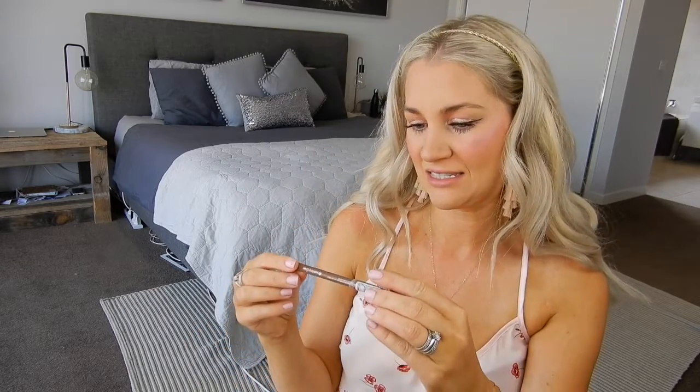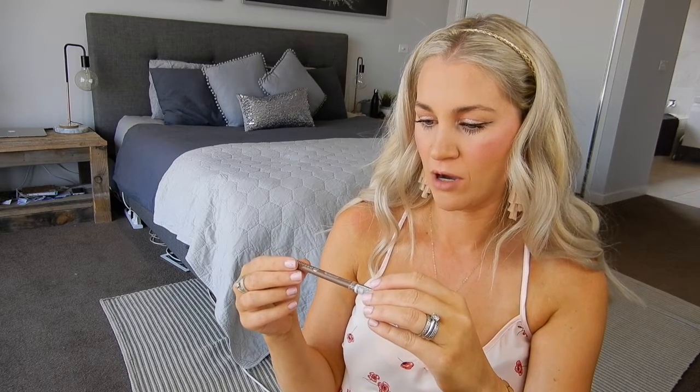Brows are probably the cheapest thing out of this whole look. This is the Essence Designer Eyebrow Pencil and my shade is 04 Blonde. I love this shade. It works really well with the colouring of my eyebrows, and I don't have tattooed brows or microbladed